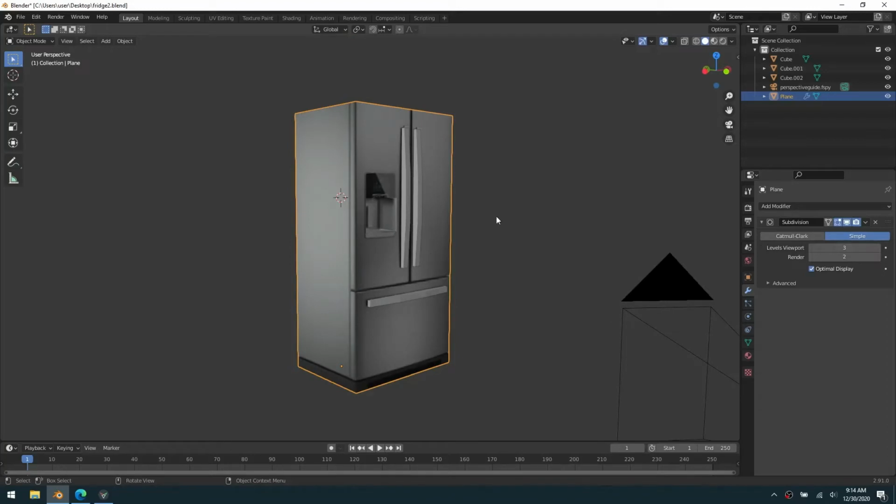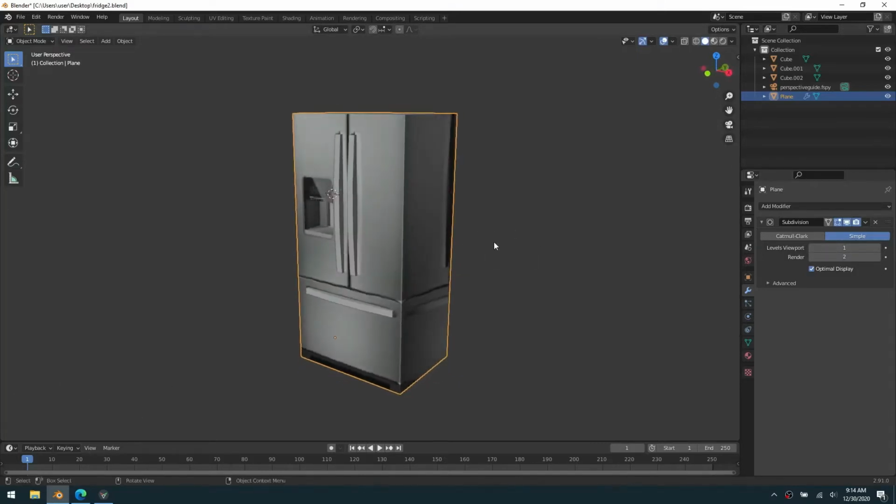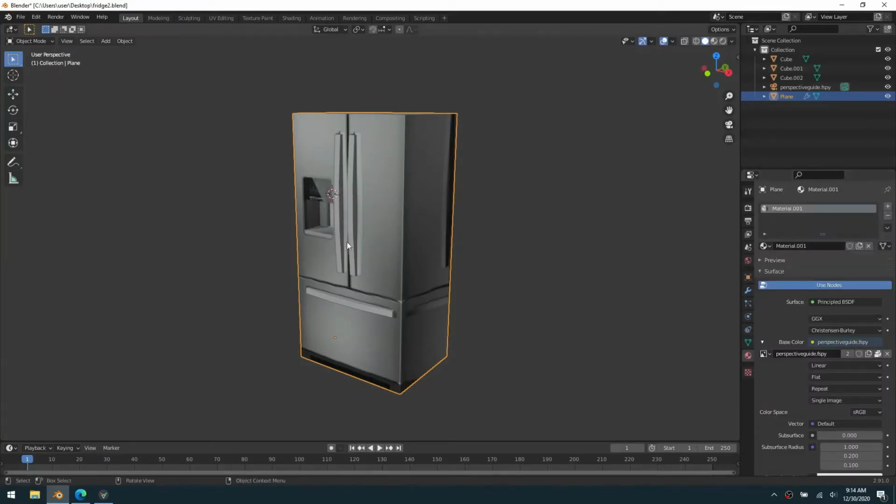But we're going to actually go a little step further than that. And while I'm working, I'm going to bump those subdivisions down. I don't need that many. We'll just leave it at 1 for now. And we're going to texture paint on this, and we're going to make it look right and work right. So for the material, because we did projection map, we see it works. The material, though,